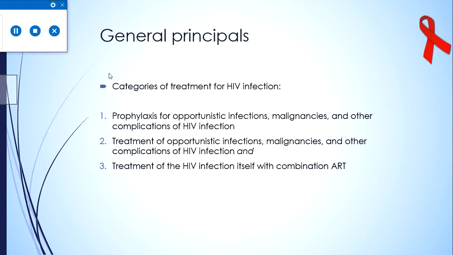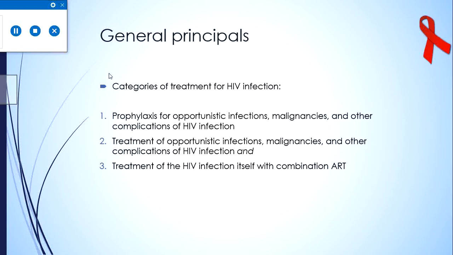There are 3 broad categories for treating HIV infected patients. Number 1 is prophylaxis for opportunistic infections, malignancies, and other complications of HIV infection before they occur. Once the immunosuppression reaches a certain level, they are at risk of developing all these complications, so prophylaxis should be started. Then treatment of opportunistic infections, malignancies, and other complications of HIV once they have already occurred, and of course, treatment of the HIV infection itself with combination antiretroviral therapy. This last point is the most important because